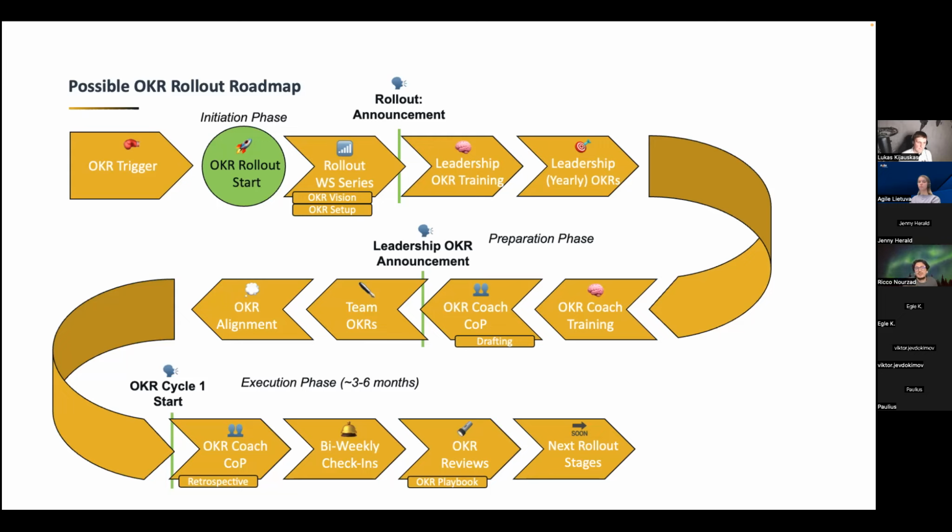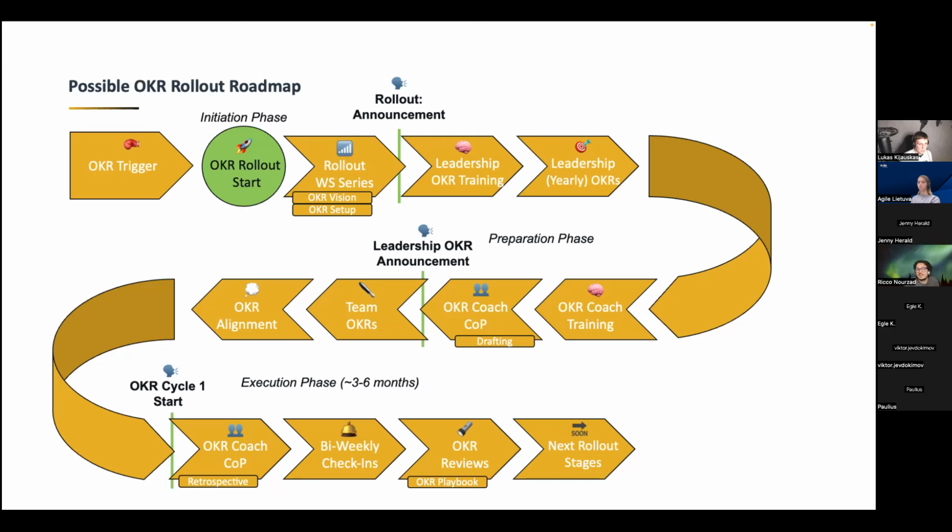Afterwards, there is the so-called OKR alignment. You can imagine if you have a lot of teams, you probably have similar goals, and you also want to use synergies. Therefore, representatives of the teams join this OKR alignment, which most likely takes around 5 to 7 hours. There you align on the goals, you team up, and you eliminate doubled goals, and leadership probably also needs to prioritize some goals higher than others. And then the first cycle starts.